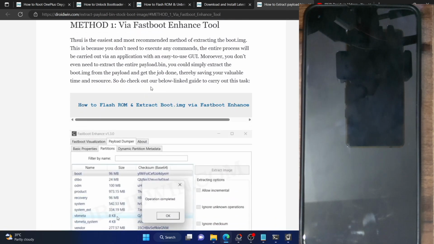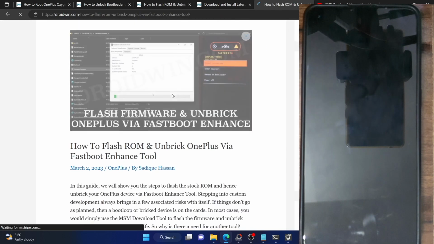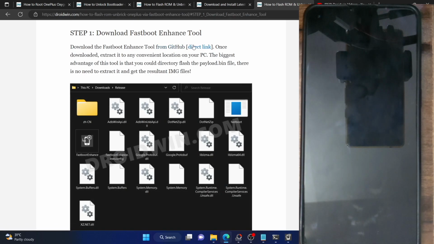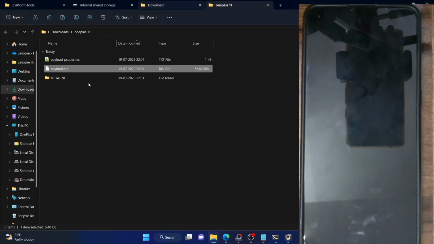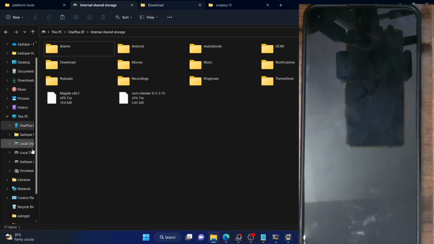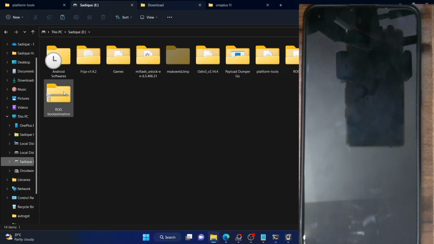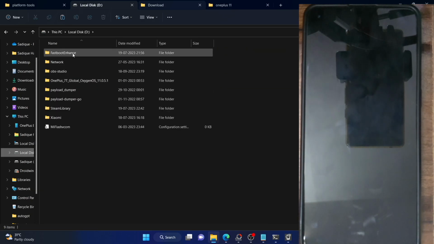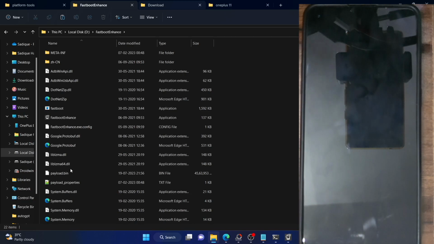So simply refer to my guide and download the Fastboot Enhance tool from here. I have given the official GitHub link as well, so download from here and extract them onto your PC. Once that is done, you will now have to extract the Fastboot Enhance tool onto your PC. So let me show you that tool as well. So this is the Fastboot Enhance tool, and now what you have to do is simply,